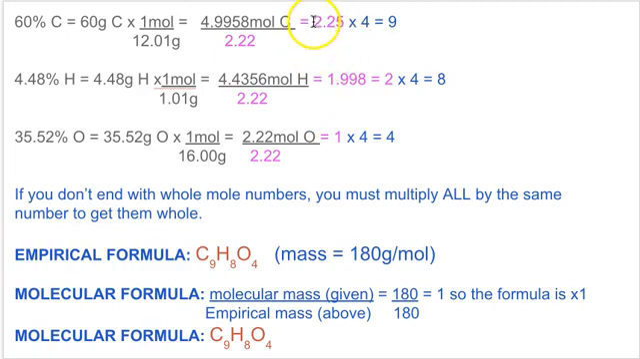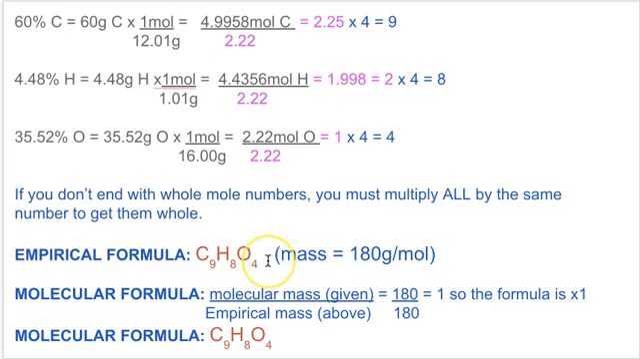number? If I multiply, and this is kind of trial and error, if I multiply 2.25 times 4, I get 9. I get a whole number. So I'm going to multiply all three of them times 4. So this would give me 9, 2 times 4 is 8, and 1 times 4 is 4. So that means I have a 9 carbon to 8 hydrogen to 4 oxygen ratio. And so my empirical formula would be